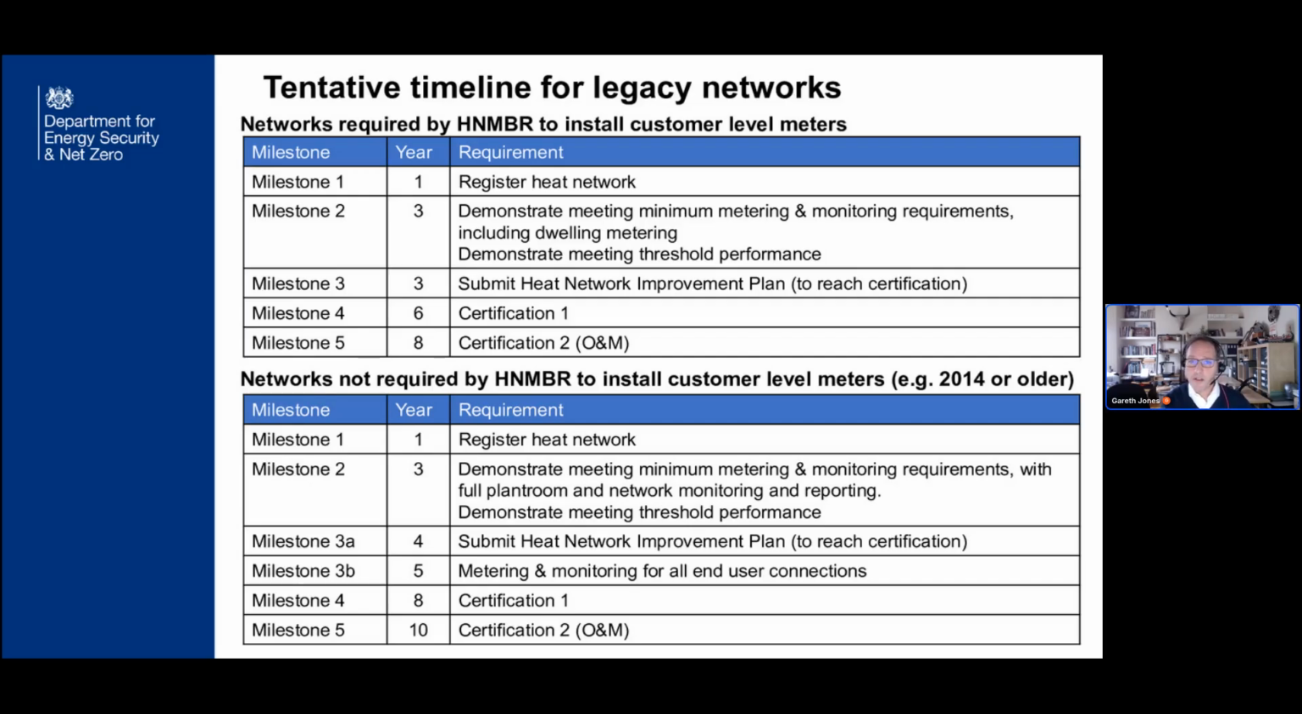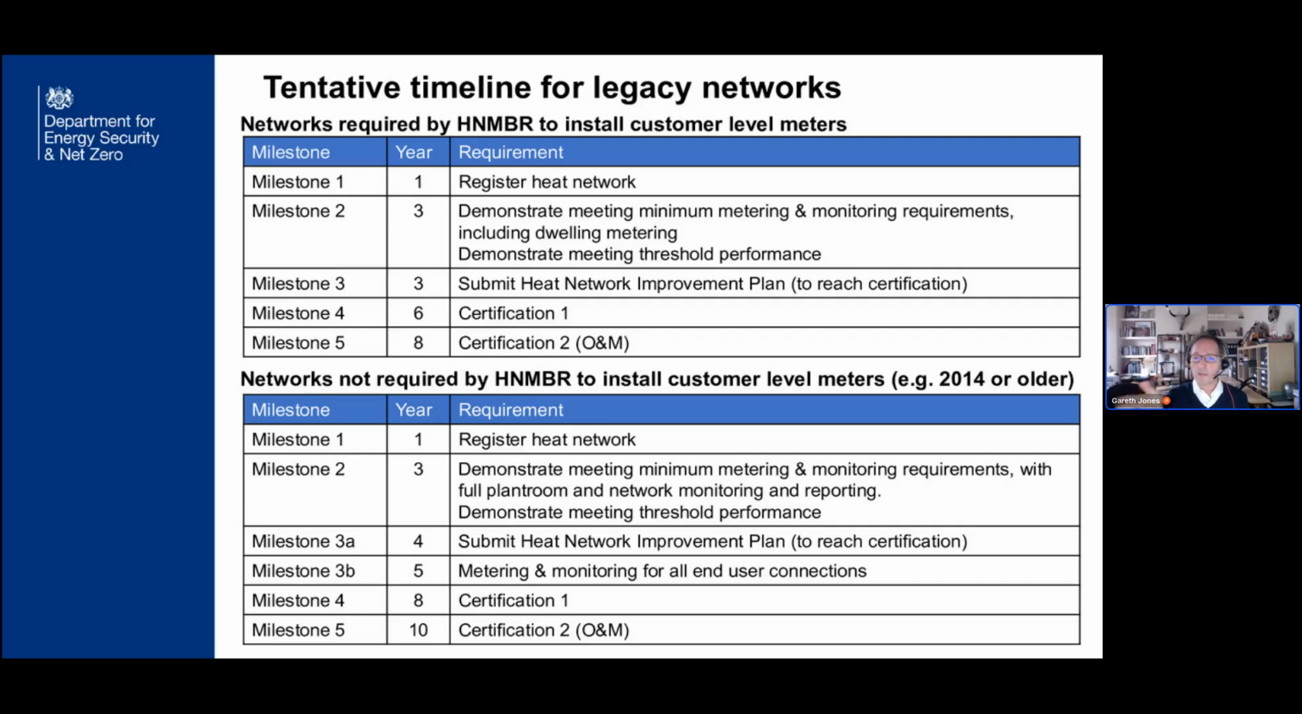These slides will be distributed, but very quickly there are different milestones. Milestone 1 is to register the heat network. Milestone 2 is to demonstrate you're meeting minimum metering and monitoring requirements and meeting threshold performance. Milestone 3 is to submit a heat network performance improvement plan. And then we have milestone 4, which is certification, and milestone 5, which is ongoing certification. The years at which those get applied really depend on whether or not there was a requirement to install